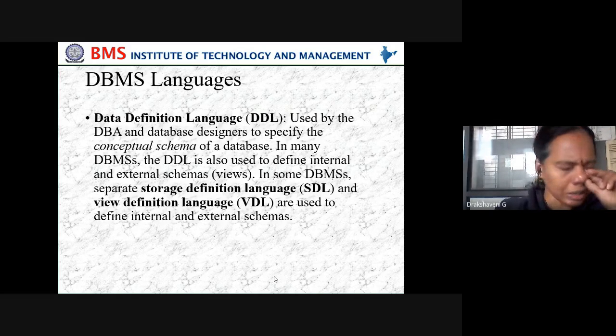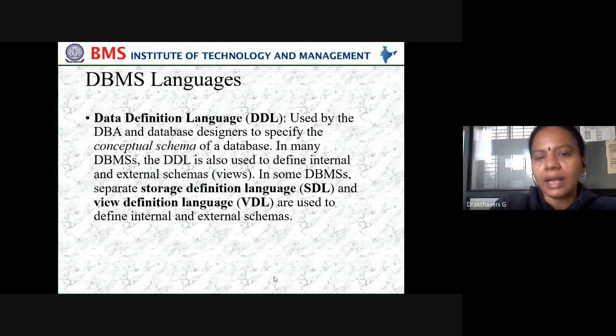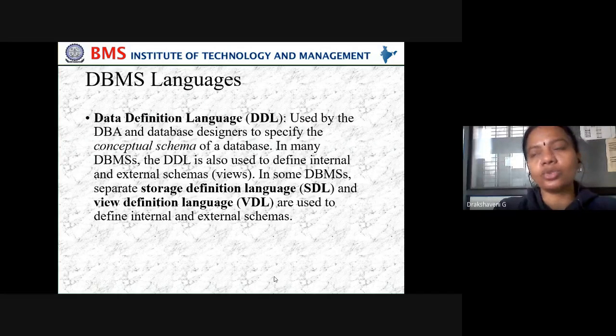In some tools, when they combine, they use the recent languages they would have combined. But in the older versions, they kept SDL and VDL separately. SDL is about how the data is stored in the database, whether it is stored in main memory or in secondary memory.